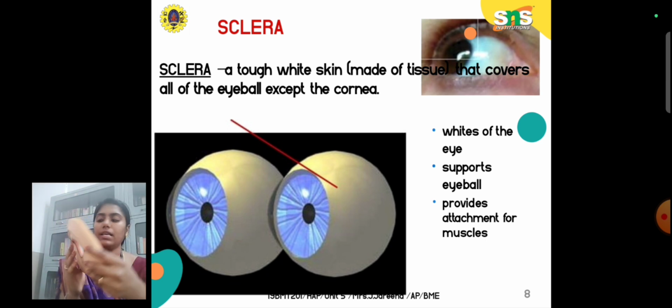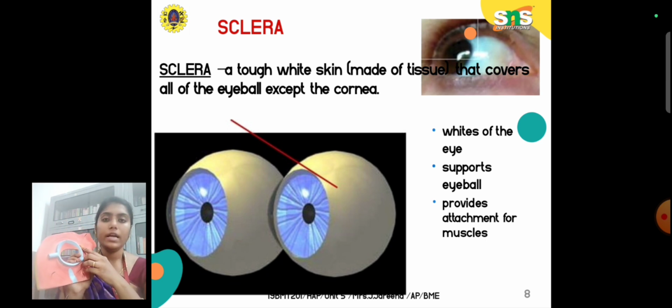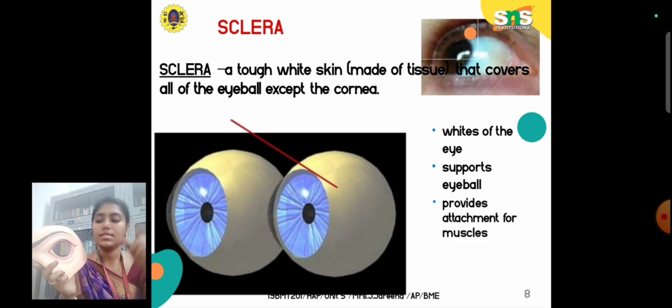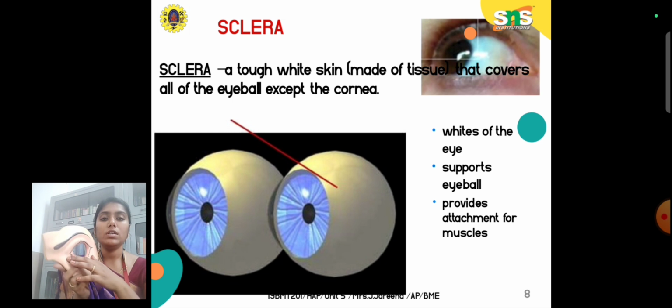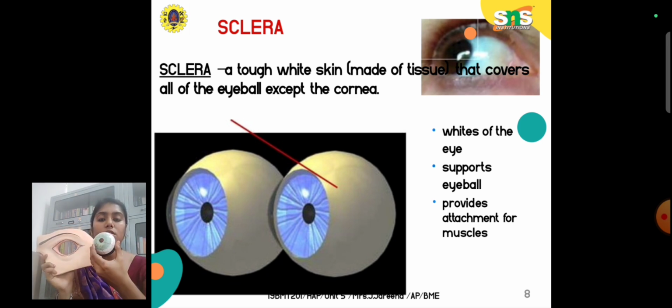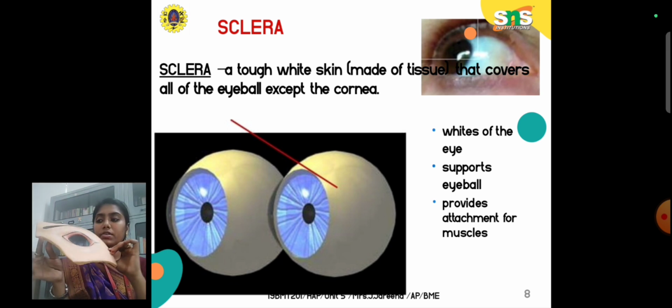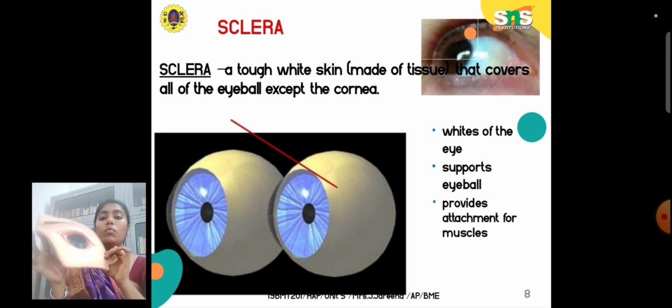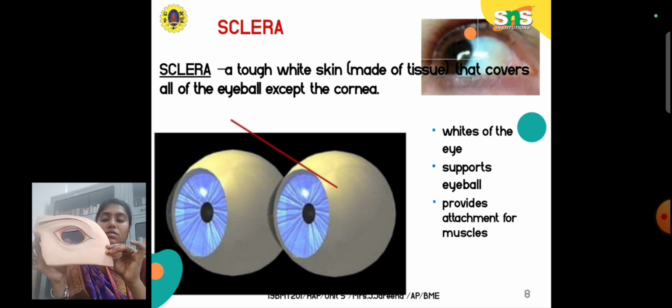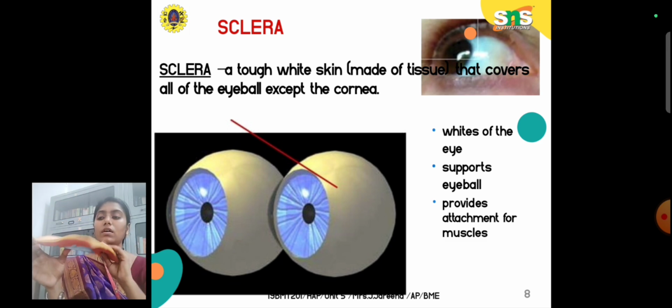And as I said, the tear gland is there. It also gets stimulated, for example, if we have dust in our eyes, tears will automatically come out, because by means of tears the dust particles are washed out and cleared. So these are the accessory structures of the eye, apart from the eyeball structures. This is also one of the main reasons to prevent dust from affecting the normal working function of the eye.